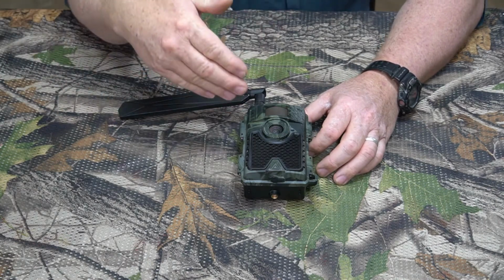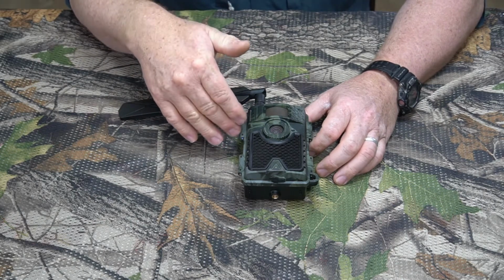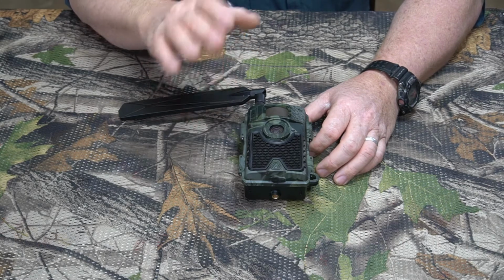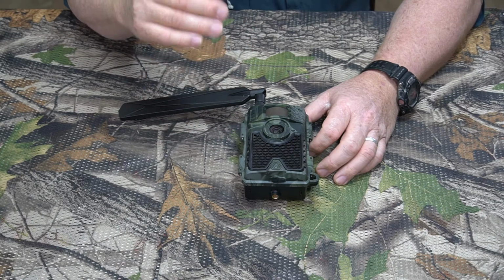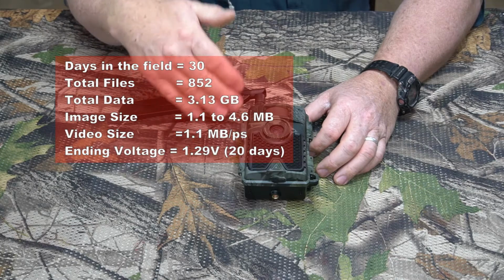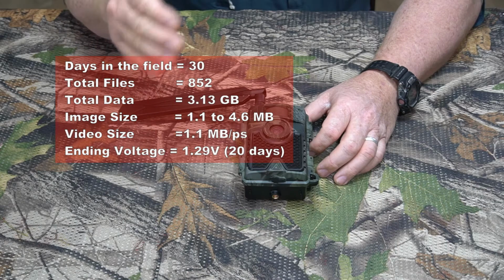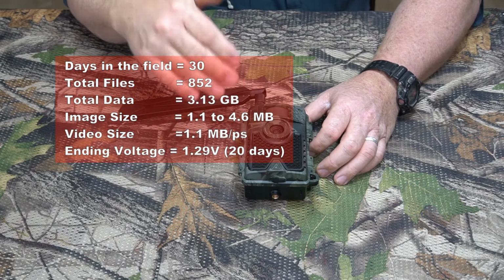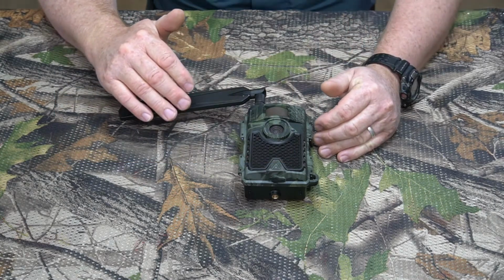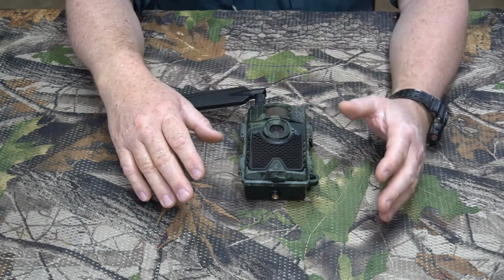So as I said, the first set of batteries died in 10 days. But the second set of batteries were in there for about 20 days. And after 20 days of only taking pictures, the set of batteries was at 1.29 volts. Now it started out at 1.61 volts, and then in 20 days it was down to 1.29 volts. So that's really high battery usage for a trail camera if we were talking about a normal trail camera that